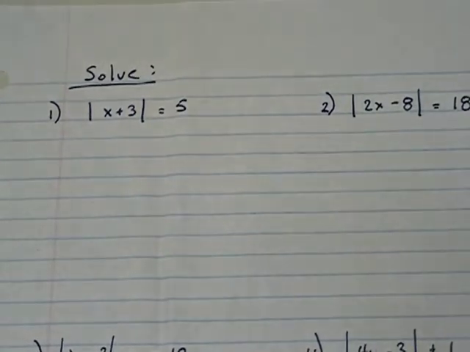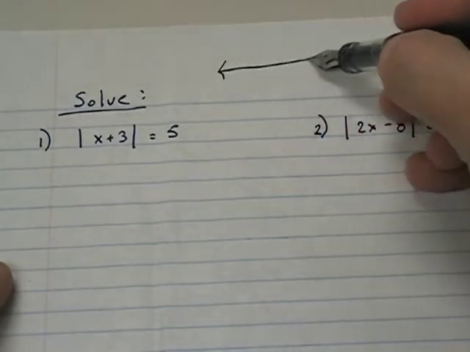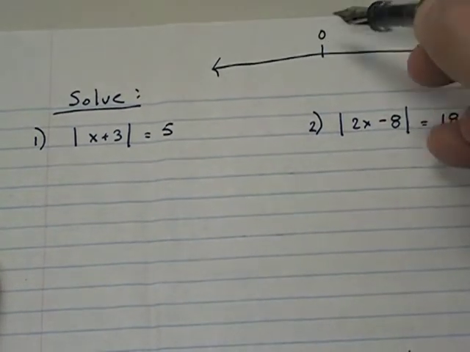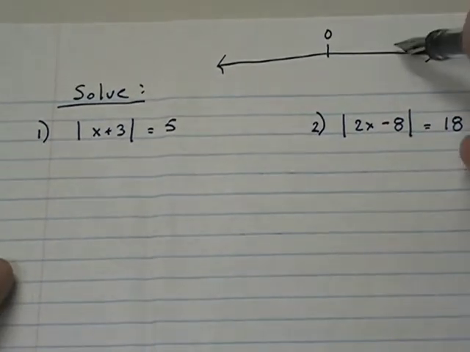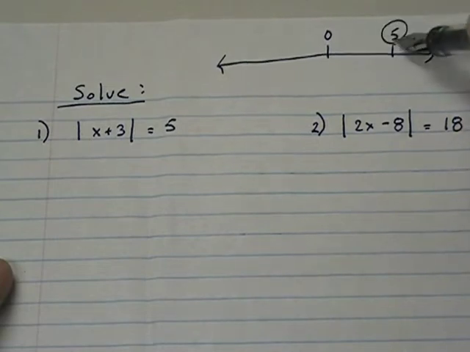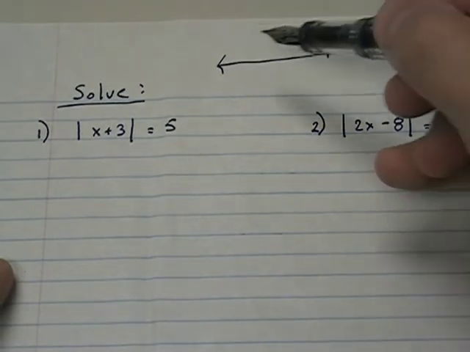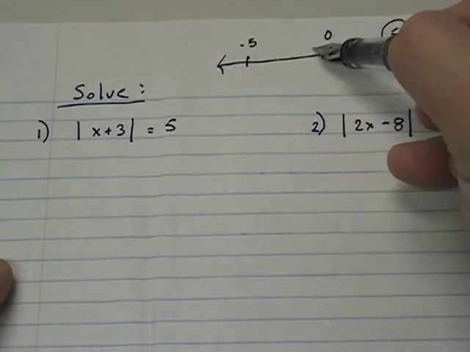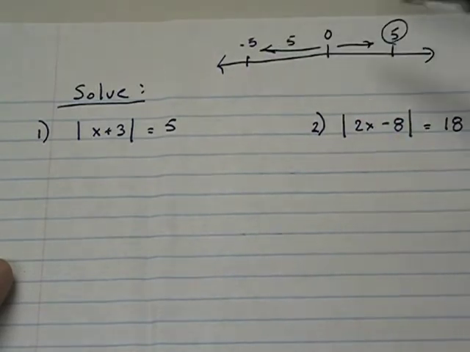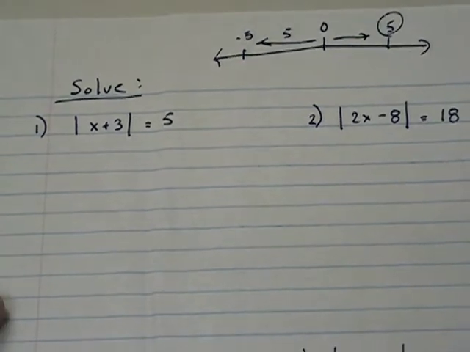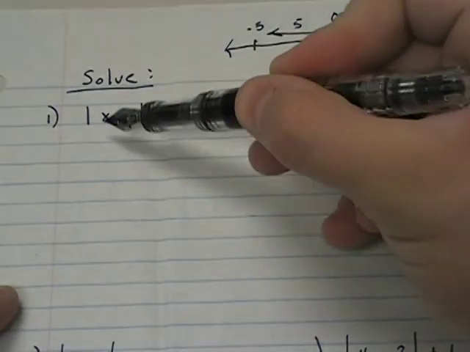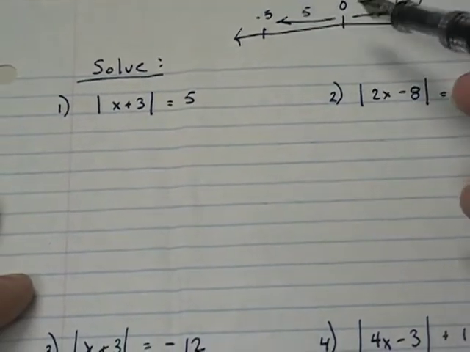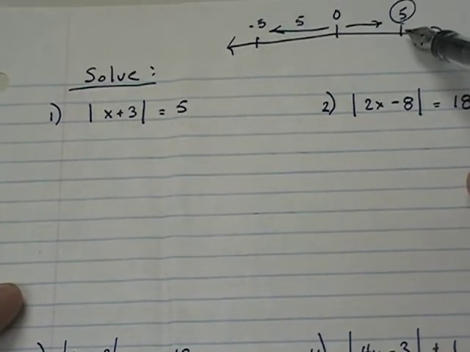That's what that means. So if you think of your number line for a second, I'll draw a number line up here real quickly. If you picture a number line here, you've got 0. 5 is 5 units to the right, but also negative 5 is 5 units to the left. So what this really means is I need this quantity to be 5 units from 0. And because we can go to the right of 0, 5 units, or to the left of 0, 5 units,